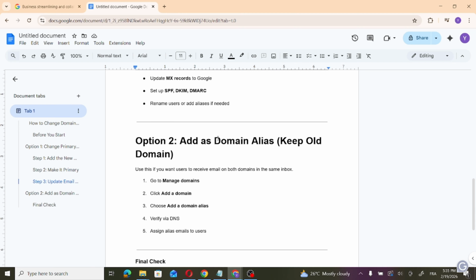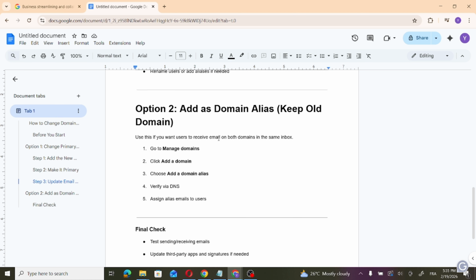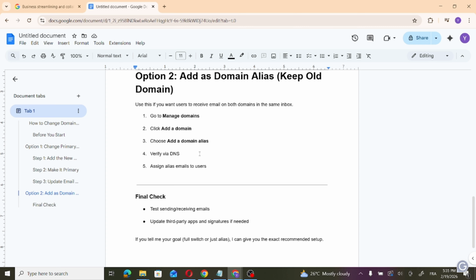For option 2, add as domain alias, keep old domain. Use this if you want users to receive email on both domains in the same inbox. Go to Manage domains, click Add a domain, choose Add a domain alias, verify via DNS, and then assign alias